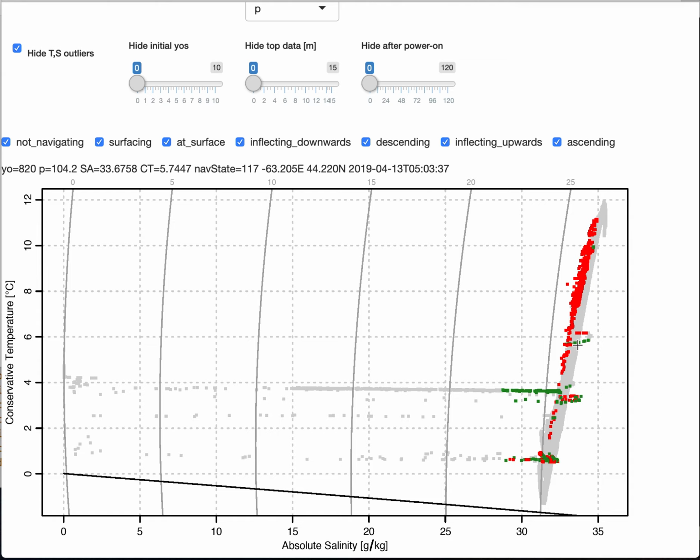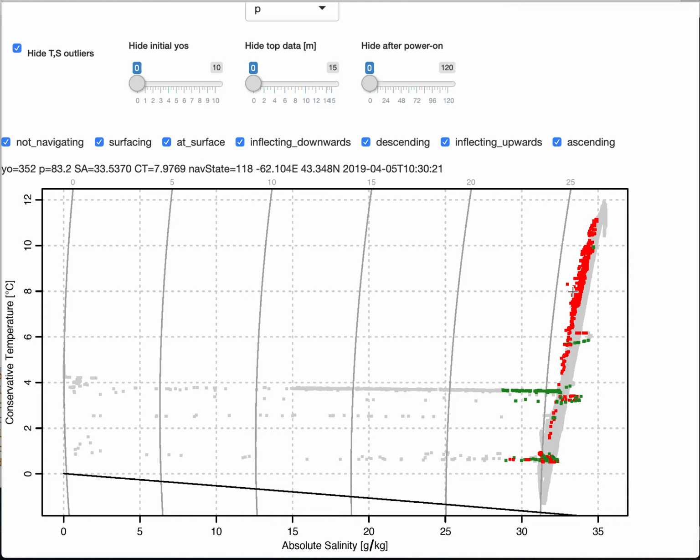This is actually just this spurious increase and then decrease of salinity for one of the particular yos. So we see a couple of those. There's one here, and you'll see those in more detail later. But the other thing I want you to notice is all these red dots along the left-hand side,